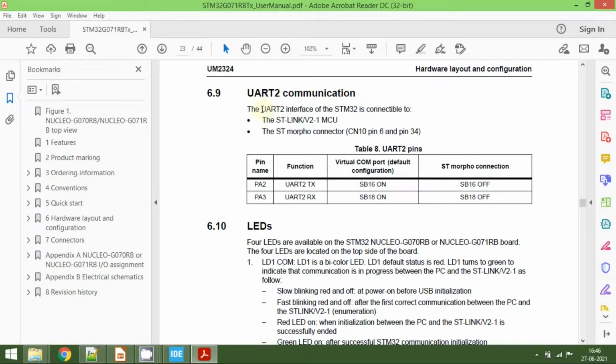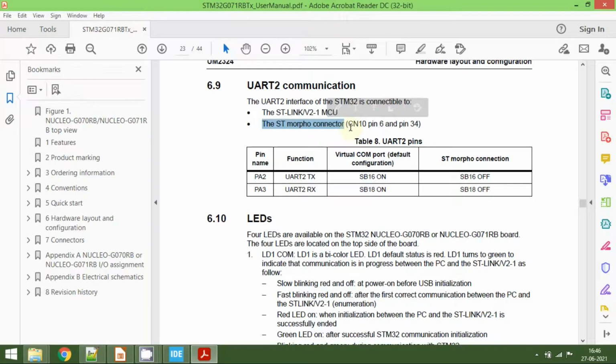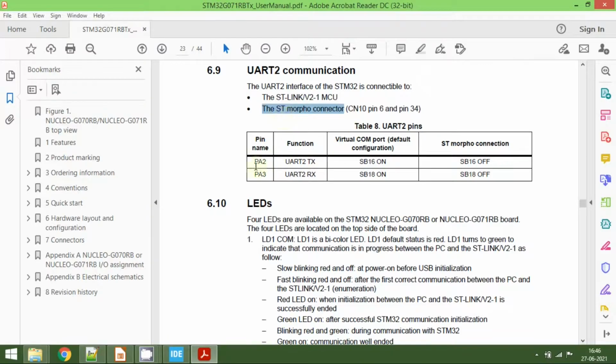The UART2 interface of the STM32 is connectable to ST-Link V2 MCU. These pins are also available on the ST Morpho connector. So we are not going to use any pin connections. Suppose if you want to use an external UART to USB connector, then you need to connect those pins accordingly. Now if you can see here in the table, those pins are PA2 and PA3.